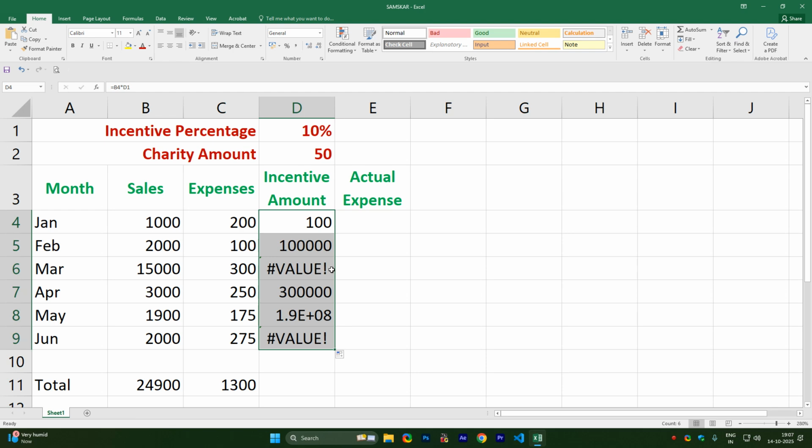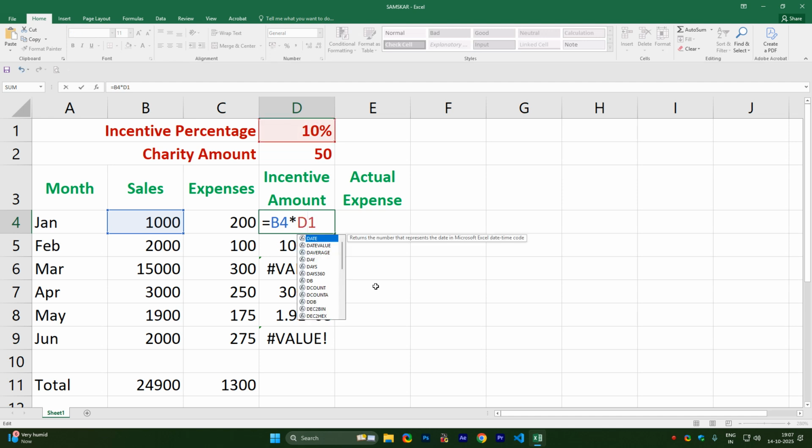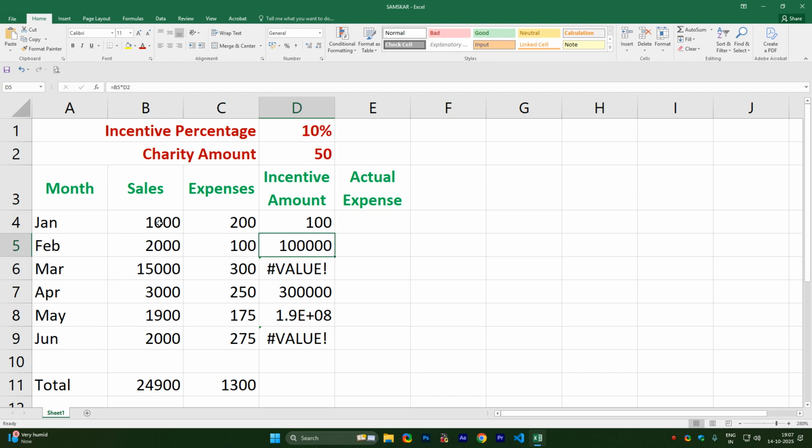Now we got some errors. Why? Because, see, if you see this formula, I'm just double clicking here. This formula is equals to B4. What is there in B4? The January month sales, 1000, into D1. D1 means 10%. So we got it. Right. So 10% of 1000 is 100 rupees. We got it. But when it comes to this particular cell, if you double click here, you can see